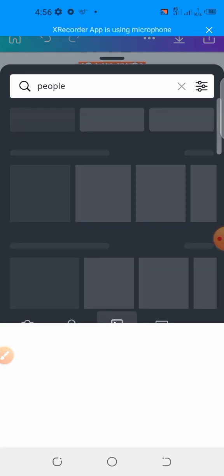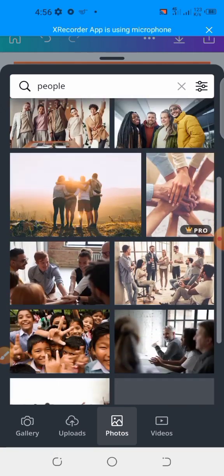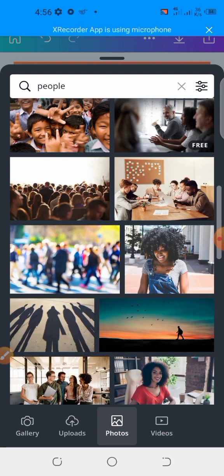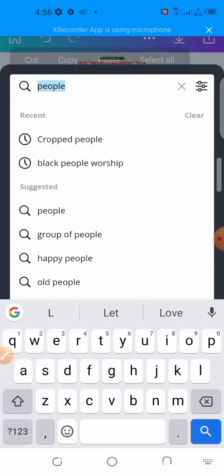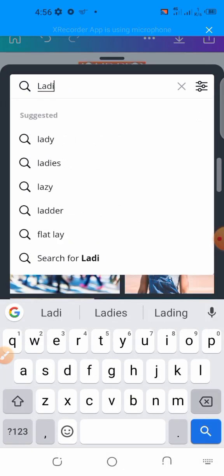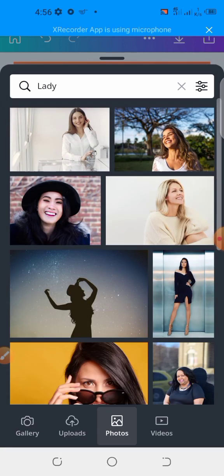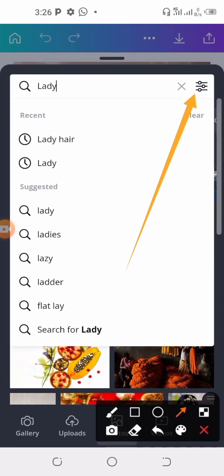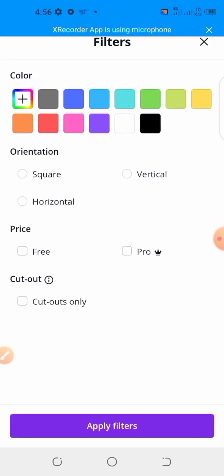Okay, and if it doesn't give us what we want here, we have to just go into the settings and do a setting. So we try lady photos. There are lady photos, but they're not cropped out. So we click on the settings and we'll click on free or pro or cutouts. When we click on cutouts, it's giving us this now,